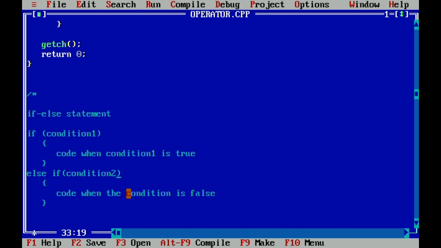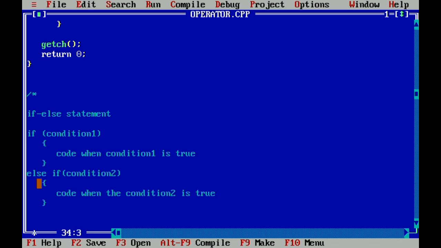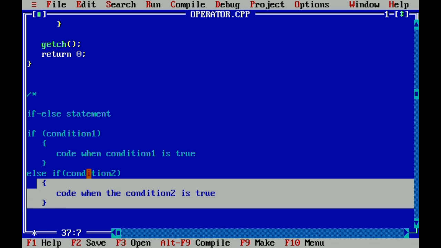So when the condition is true, after the if statement, the else if statement with condition 2 will now be followed with a set of statements in braces for when the condition is true. This set of statements here will only be performed when condition 1 is true, while these statements here will only be performed whenever condition 2 is true.